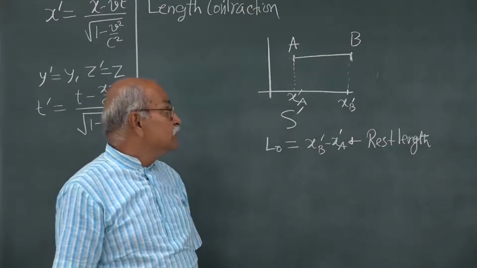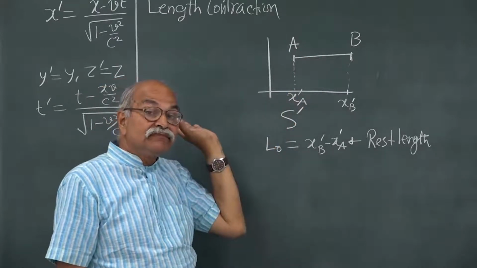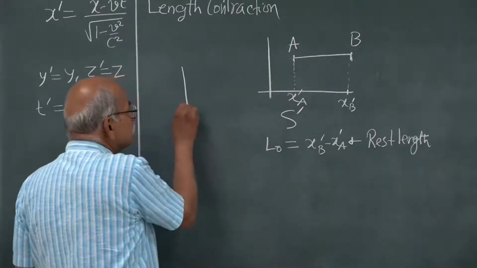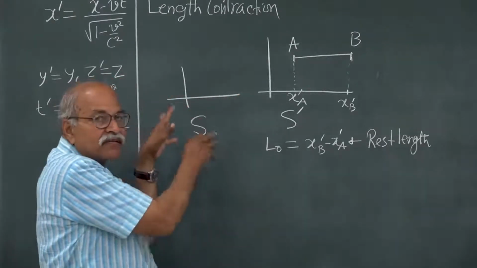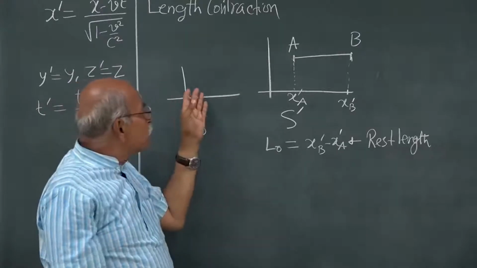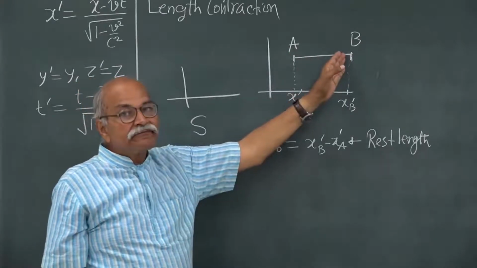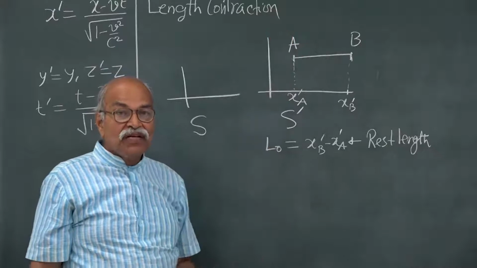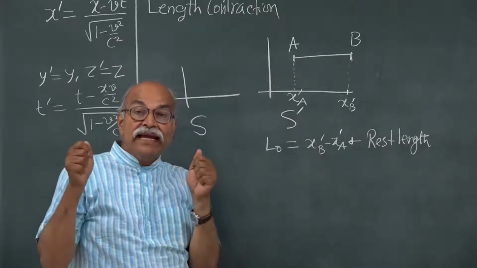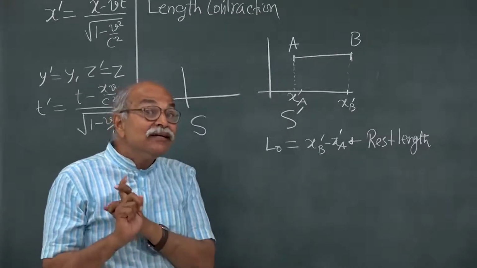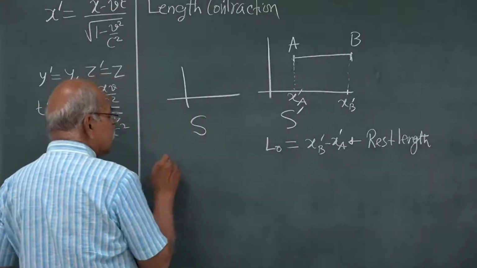What if we have to measure the length of this rod from the S frame? So, if I have the S frame, and in that S frame I have my observers, my measuring tape and everything, and from this frame I want to measure the length of this AB, then what do I have to do? I have to measure the two positions, the x coordinates of the two ends A and B at the same instant, and then subtract. So, first event will be